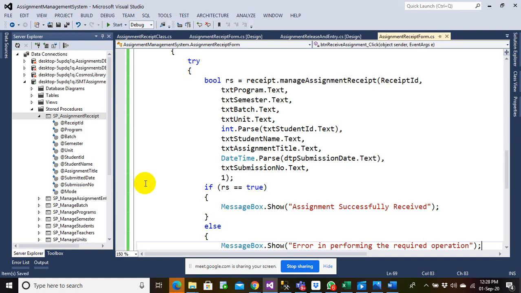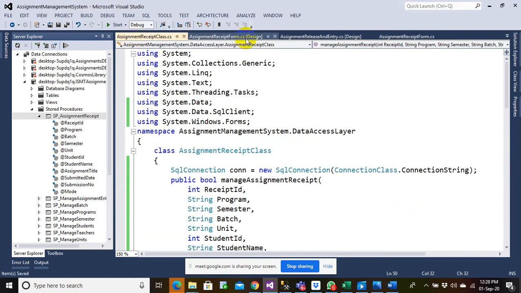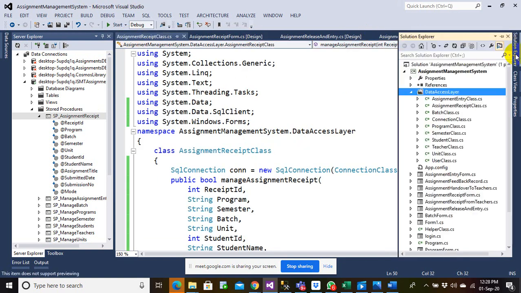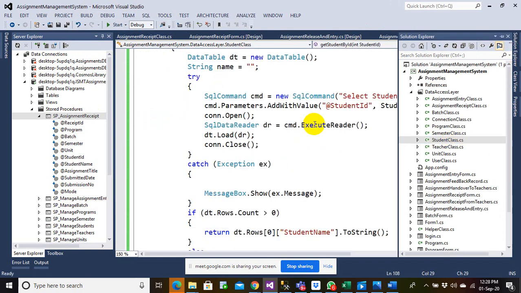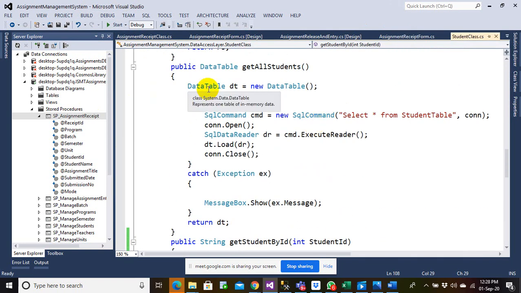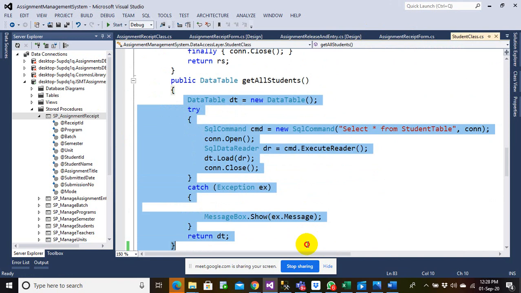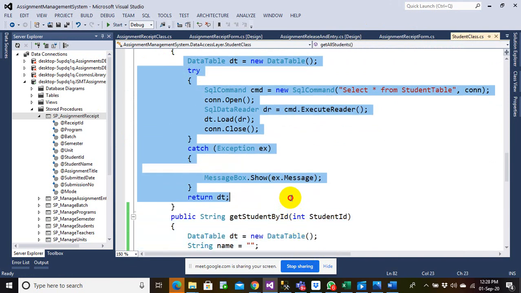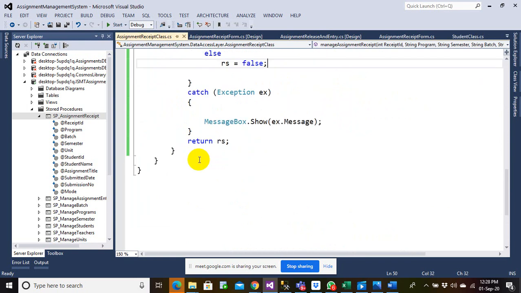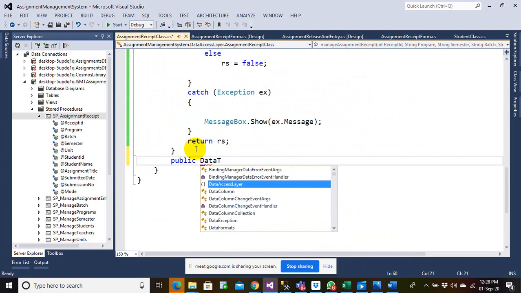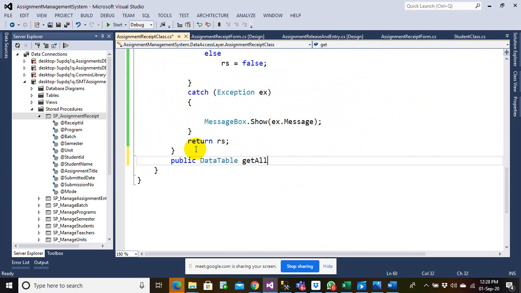Let me set this. Also I need to retrieve all the values. For that, let me copy any function from any of the classes. For example, let me just copy this all, and let me go to the assignment class. Let me have a public data table, get all receipt assignments.